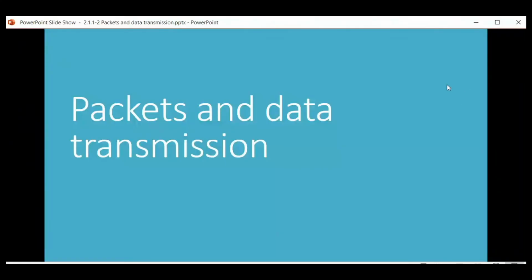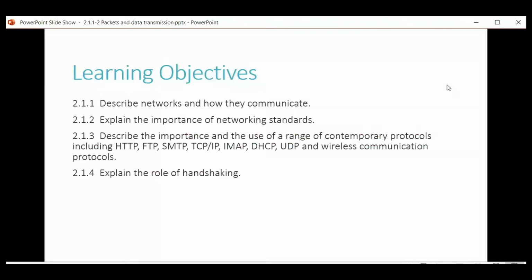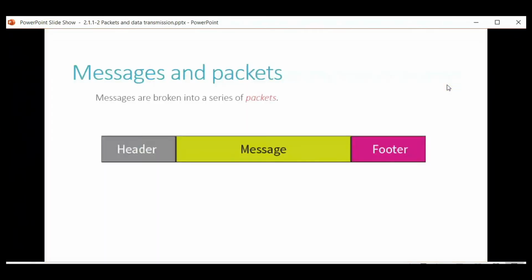And this is about packets and data transmission. So this is actually something that I used to use when I used to teach networking on the A-level course. But anyway, the thing about any message you want to send over the network is that what we do is